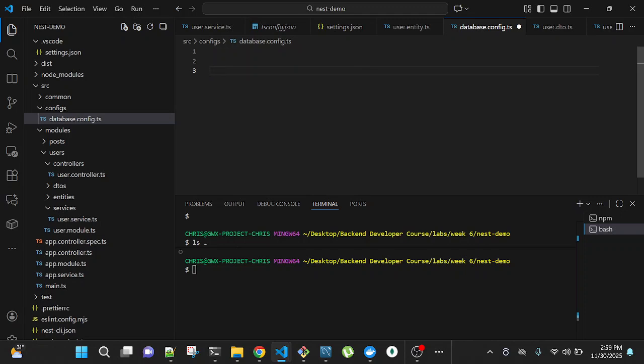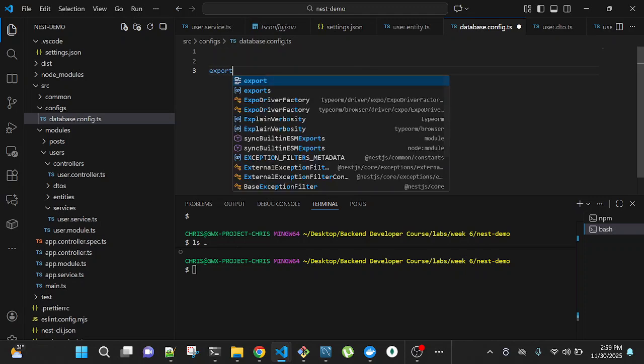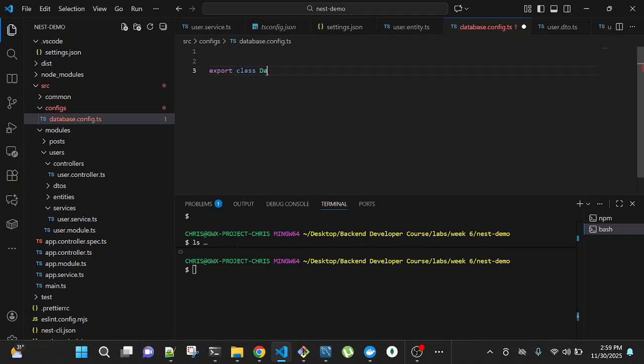Create a class, export class DatabaseModule. If we do this, we'll be able to export our database into our application, so our application will know how to use our database.